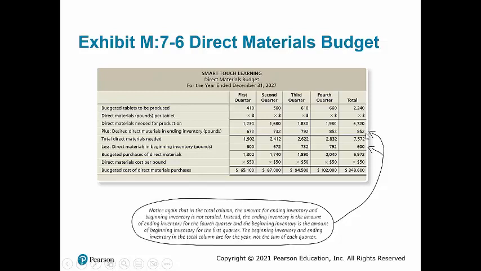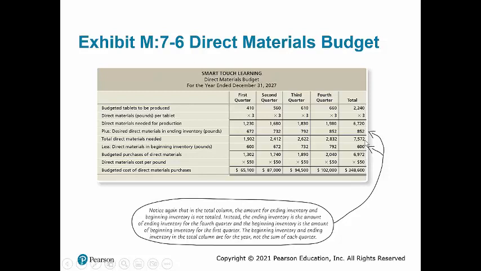Then we're going to need to add to that the amount that we need in the ending inventory, but only for the fourth quarter. Remember, you don't add all of these together, you just take the amount from the fourth quarter, 852 pounds, add it to the 6,720, and we get the total pounds of